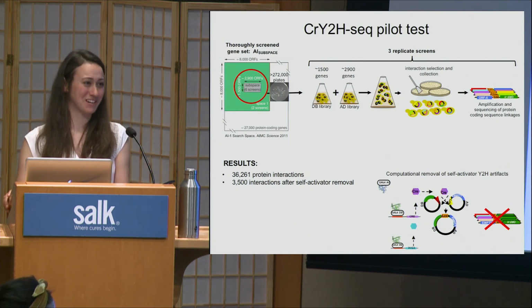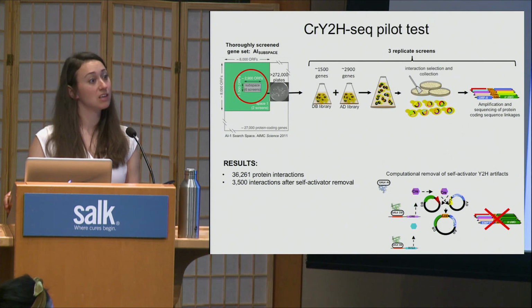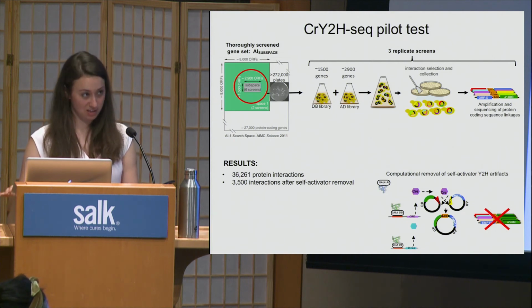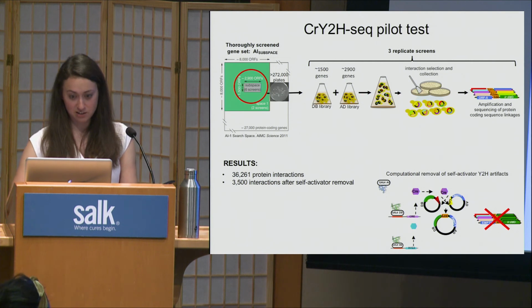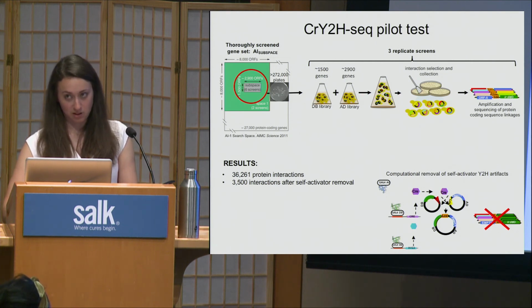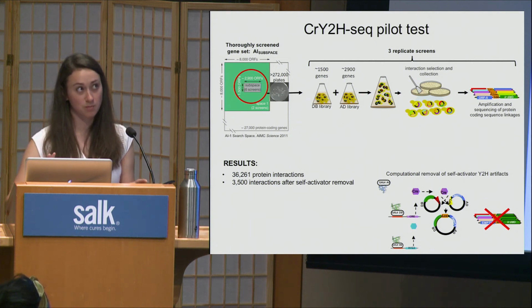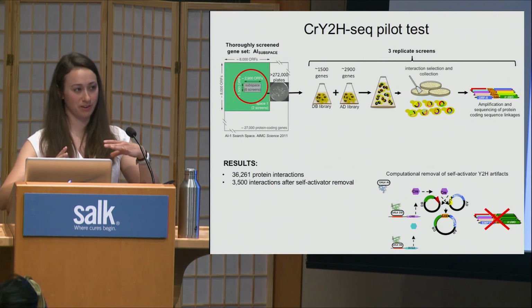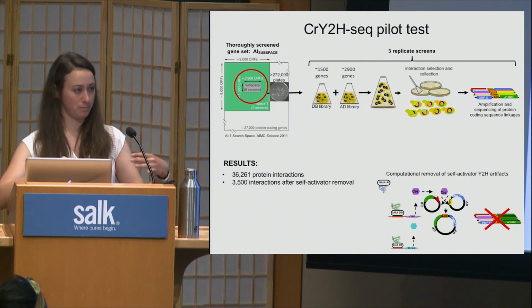Anyone, go ahead, I'm sorry. So what proportion of the protein interactions did you find in only one direction versus finding it in both directions? A interacts with B and B interacts with A. Yeah, I think most of them were in one direction, and I think 25% were found in both directions.